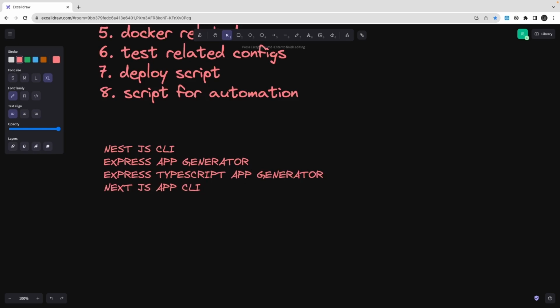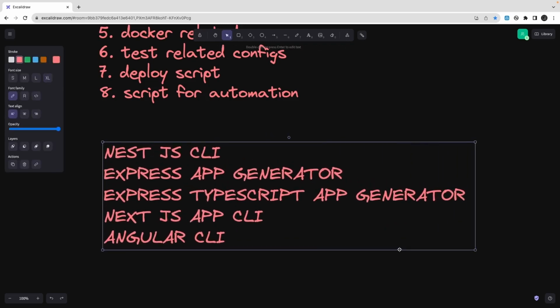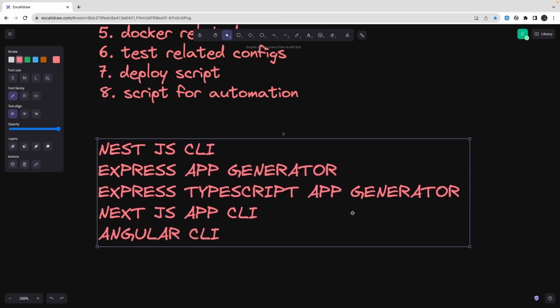I think right now every project contains a CLI which helps you to bootstrap the projects from the basics. You don't need to do anything. It will just initialize the repository and create a skeleton of folders, either with TypeScript or just simple JavaScript, Next.js, Nest.js, all those things it is giving you. So the video I'm talking about can be used once you have a project created through a CLI,